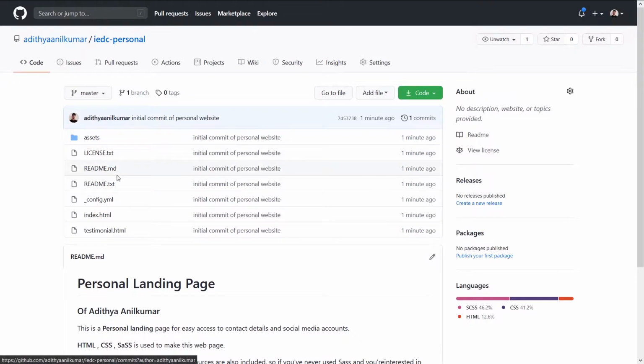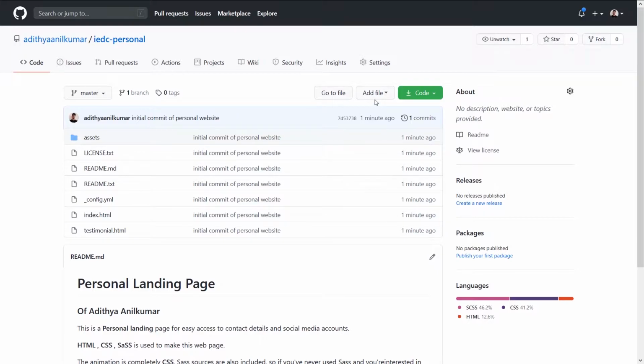If you want to deploy your web page on GitHub Pages, it is essential for you to have index.html at the root of your repository, as in outside all other folders. So after you have ensured that index.html is outside all other folders, we can now start to deploy our web page.